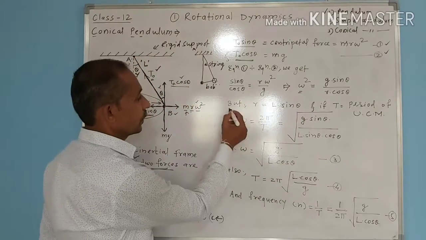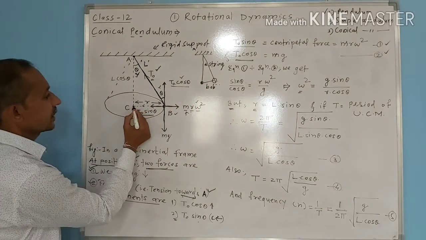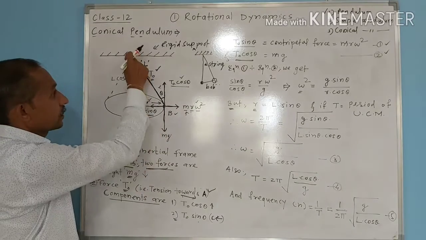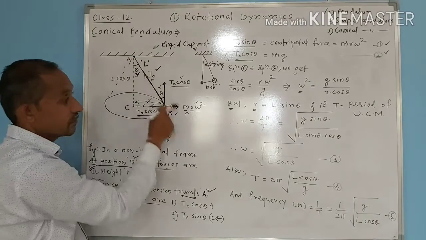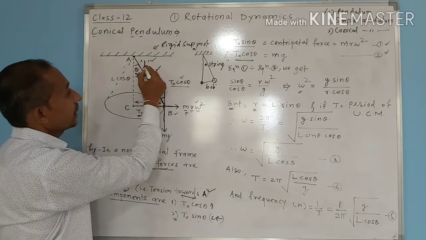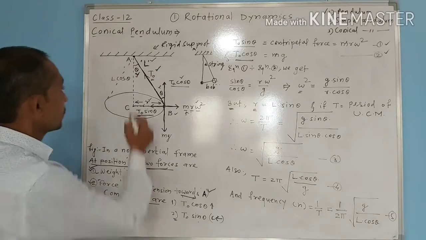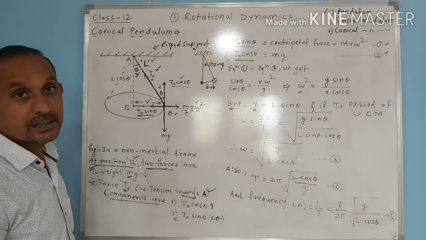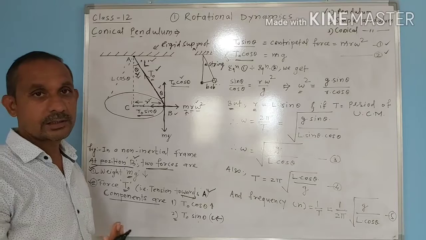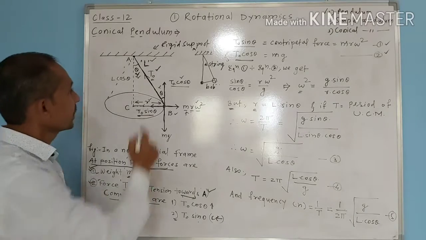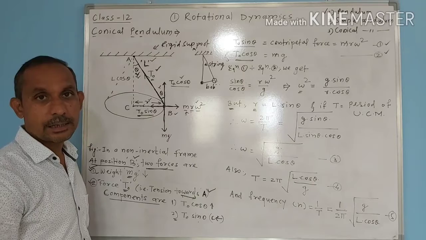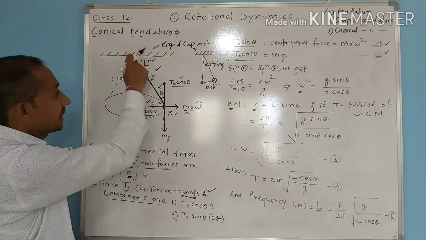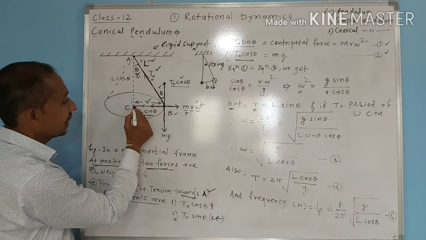Next, we know the radius r, and we know the length of the string has length capital L. So consider this right angle triangle. In this right angle triangle, we know the semi-vertical angle theta, this is the hypotenuse, and it has the value L. As we know the angle theta and the hypotenuse L, we can decide the value of the front side